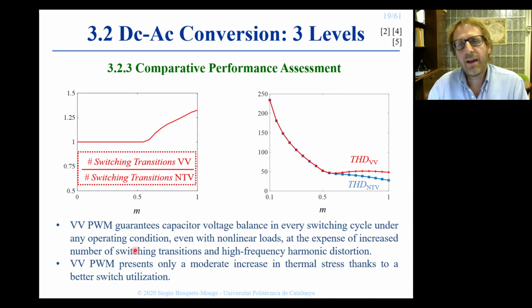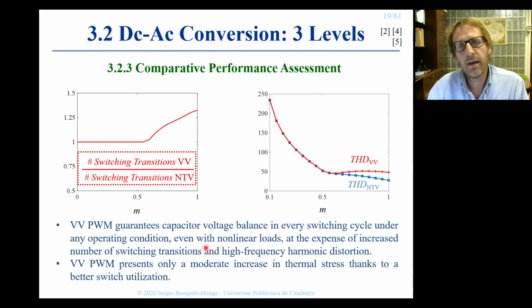But we pay a price to achieve this benefit of capacitor voltage balance in all operating conditions. The price we pay compared to the NTB strategy is that we have to increase the number of switching transitions per switching cycle, especially at high modulation indexes. And also at high modulation indexes, we need to increase the harmonic distortion of the line-to-line voltages. However, despite the fact that we need to increase the number of switching transitions, and we will have higher switching